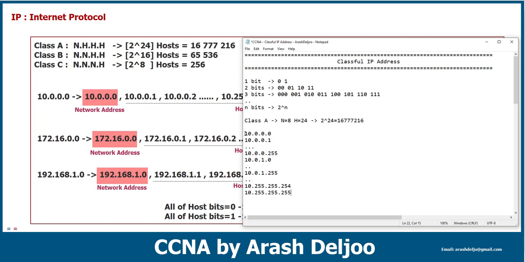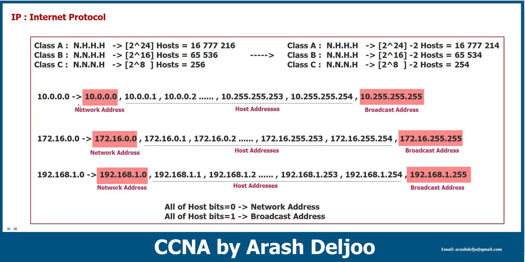Okay, and here between 10.0.0.0 and 10.255.255.255 we have many IP addresses. The number of all of these IP addresses or combinations is more than 16 million. Okay, look at here, 2 to the power of 24 hosts we have in one class A network. For example, for 10.0.0.0 we can start from 10.0.0.0, then 10.0.0.1, 10.0.0.2, and finally reach